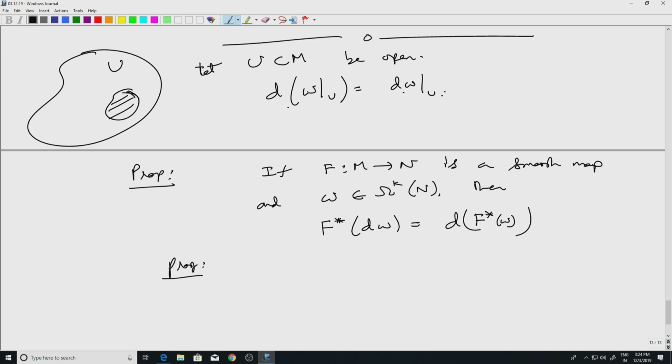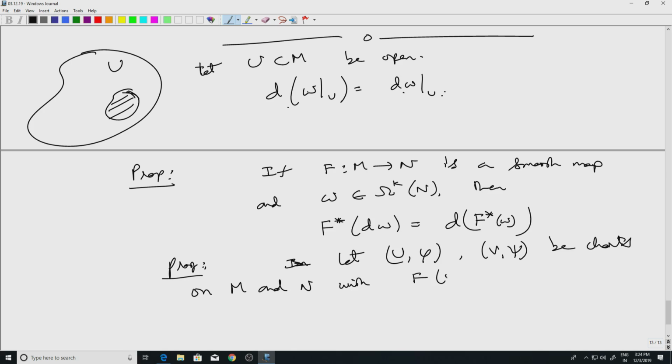Again, one can use charts and so on. So one can use charts to prove this. In a chart, let phi, C be charts on M and N with f of U contained in V,